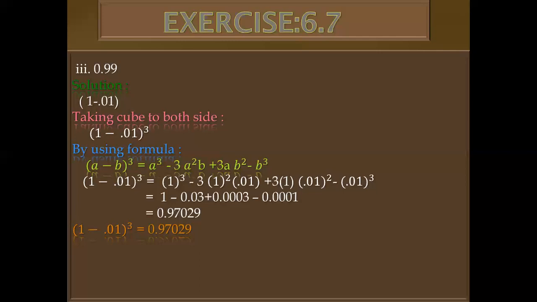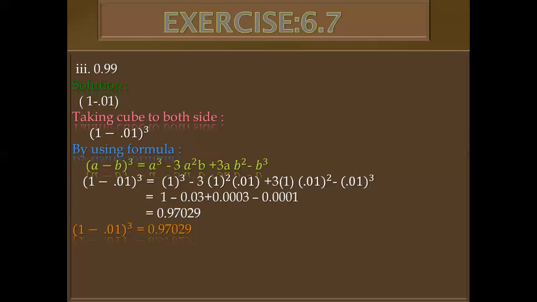When you are taking the cube of 0.01, you multiply 0.01 with 0.01 with 0.01. If you take it from the calculator, you see that on the screen of the calculator, it will be 1 multiplied by 10 raised to the power minus 4. 10 raised to the power minus 4 means after the decimal you will put 3 zeros. That I have done here, 0.0001 in the last term.